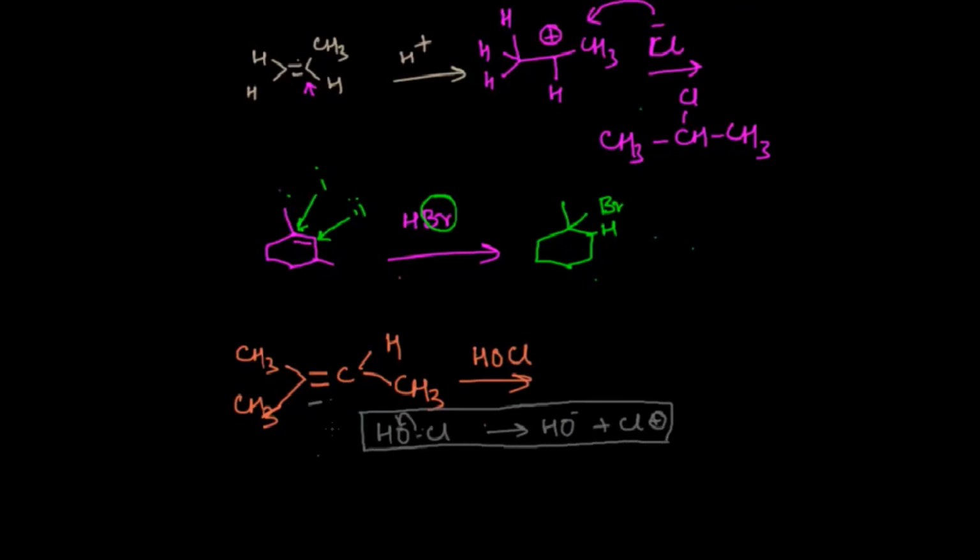Second part is, where are the negative and positive parts? If I look at it, since this carbon has more, this OH minus is going to be present here, whereas Cl positive